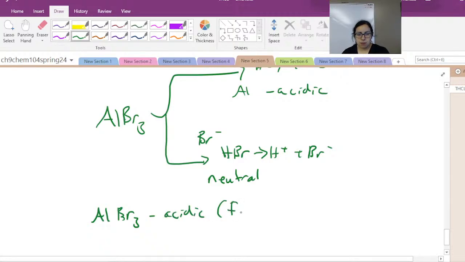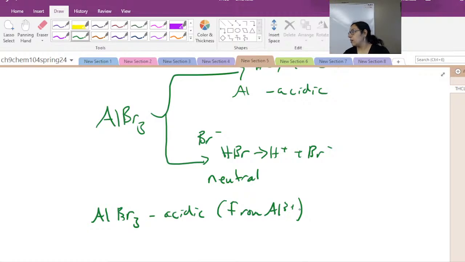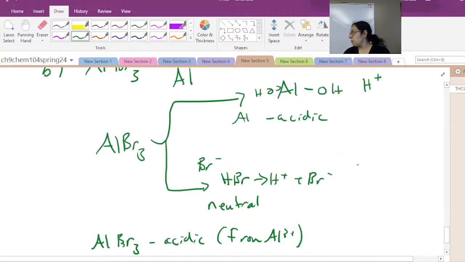And I'll just add, right from the aluminum, would it be considered acidic because of the pH? Sorry, repeat your question. If it makes it more acidic